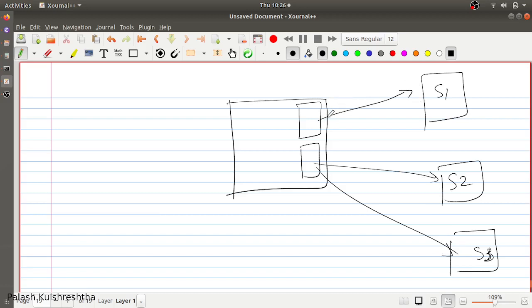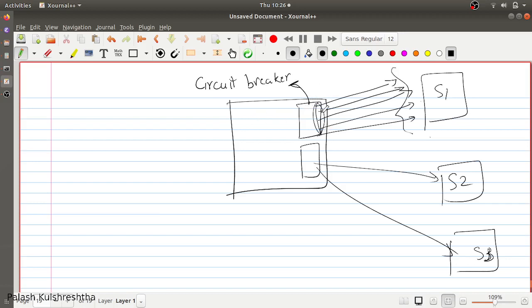And let's suppose this service is having degraded performance and it is utilizing all the resources. So instead of sending more requests to this service, you can have a circuit breaker here, where your circuit breaker is going to check if the resources are utilized, or if the performance of service S1 is degraded or not.